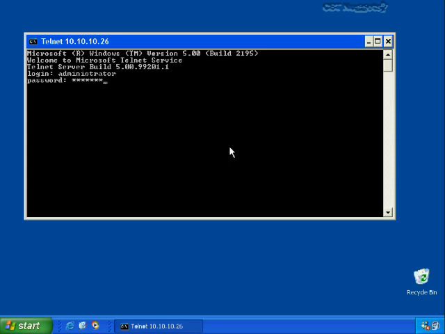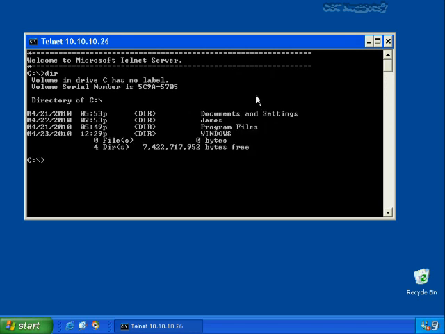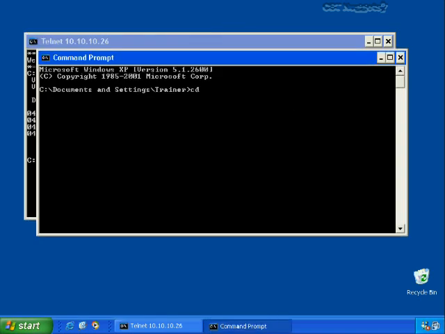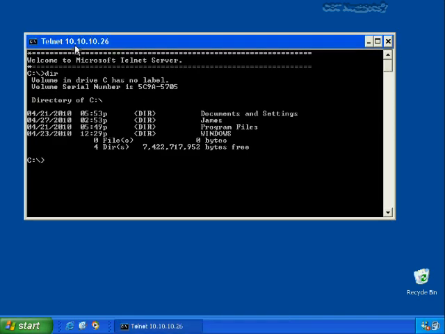administrator with a password. Now when I do a dir here, look, there's James. This looks like I'm looking at the file system on the local computer, but if I open up another command prompt and do a dir, you'll see there's no James directory on this local file system. But as the title bar indicates, when I telnet to this IP address, which is the Windows 2000 Professional computer, and I do a dir over there, it has that James directory. Everything I do from the command line here would be the same as if I were seated locally at that Windows 2000 Professional computer at this IP address.